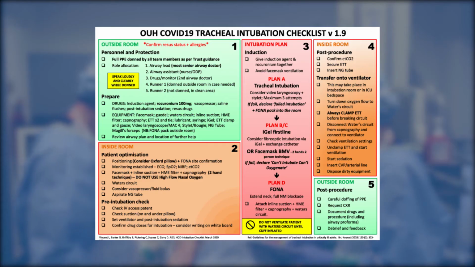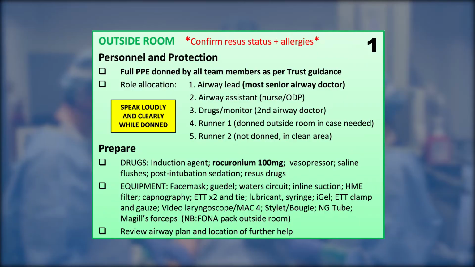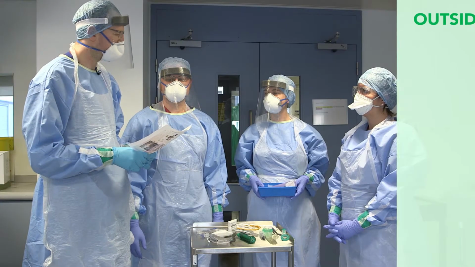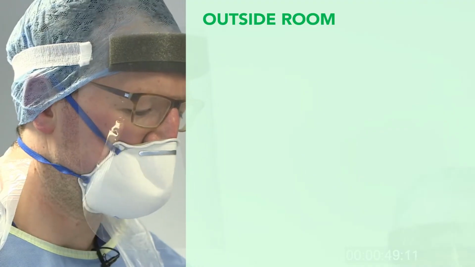This video demonstrates a simulated endotracheal intubation using the OUH checklist for intubation of critically ill patients with confirmed or suspected COVID-19. This checklist is an adaptation of the OUH standard checklist for intubation of critically ill adults, but with small adaptations to maximise the safety of staff and patients when there is suspicion or a confirmed diagnosis of infection with COVID-19. So we're outside the room of patient X who requires intubation, and we're going to go through the